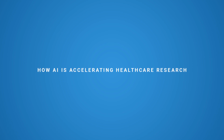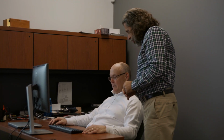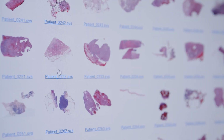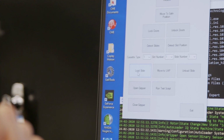What we're seeing is a revolution in digital pathology where we're moving from microscope-based workflows to digital workflows, where instead of looking at a biopsy slide under a microscope, pathologists are looking at them on a computer screen. So where Huron plays is our TissueScope whole slide scanners, and these are instruments that automate the digitization of biopsy